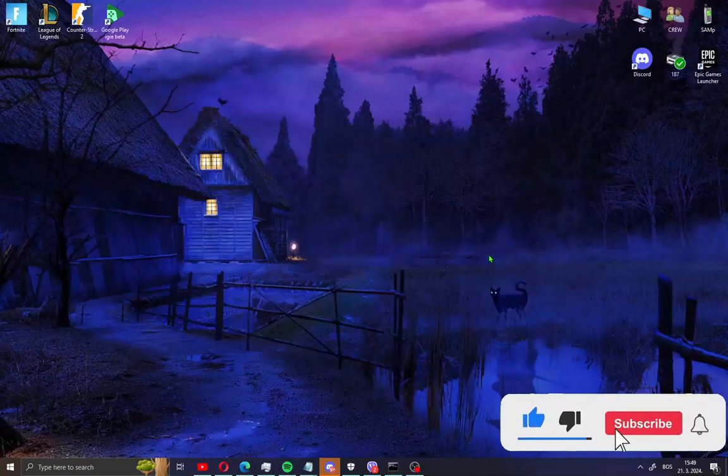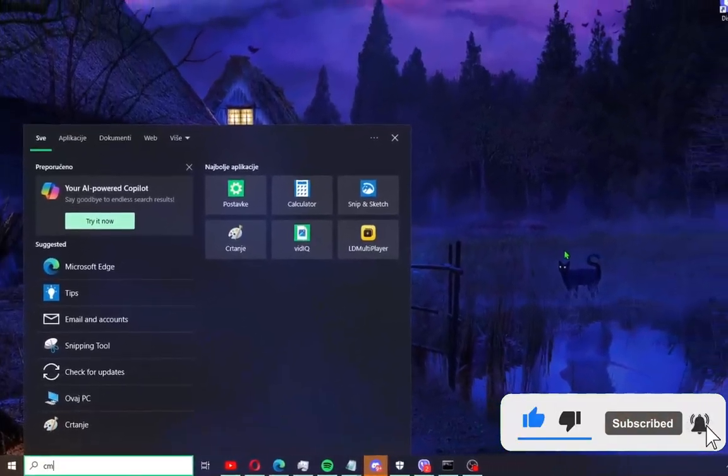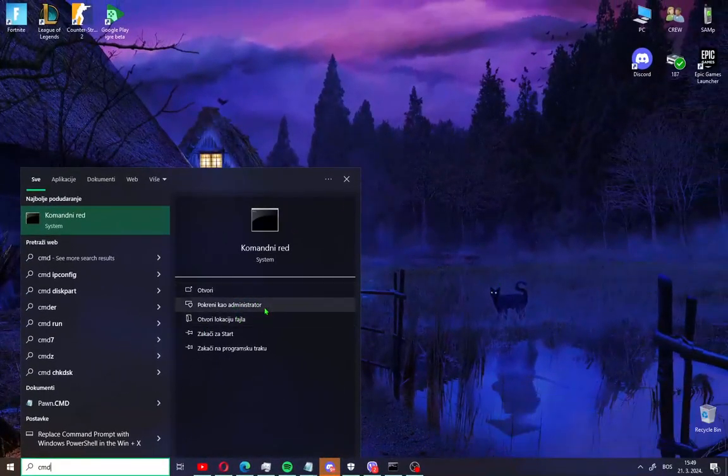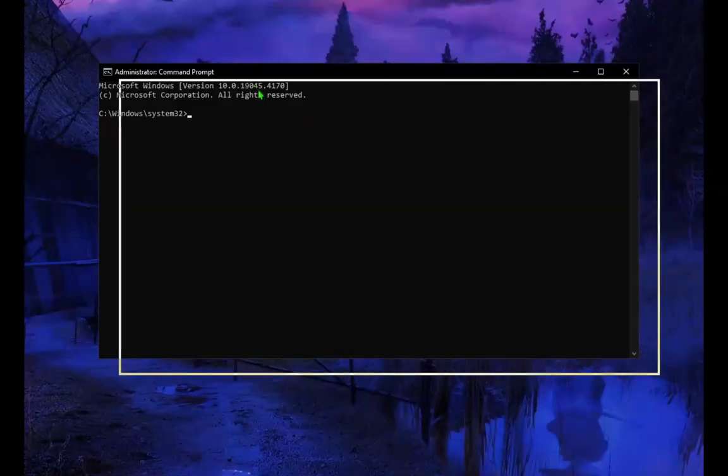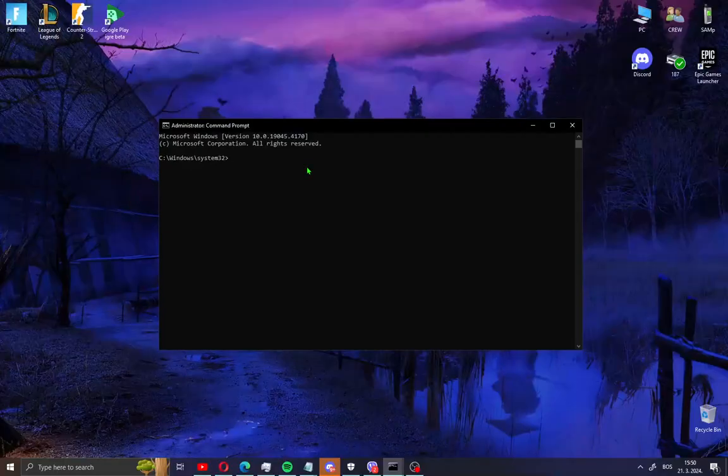First, what you need to do guys, just open your Windows button and type CMD. And you will see here run as administrator. Click this and go yes, and you will see new administrator window. Just type here like me